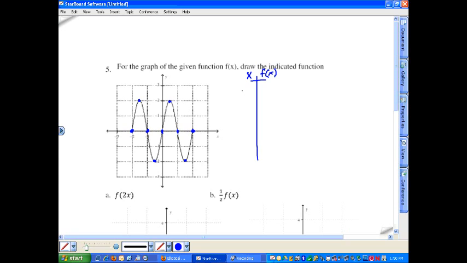Starting from left to right, we have -2, 0, -1.5, 2, -1, -0.5,